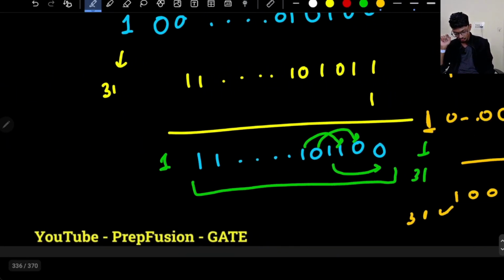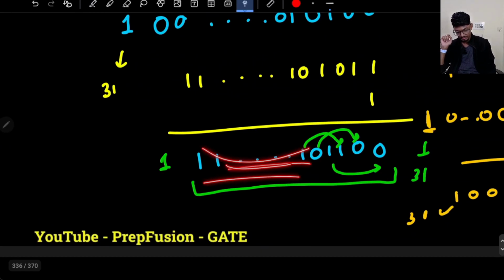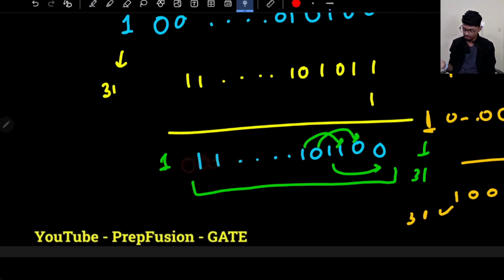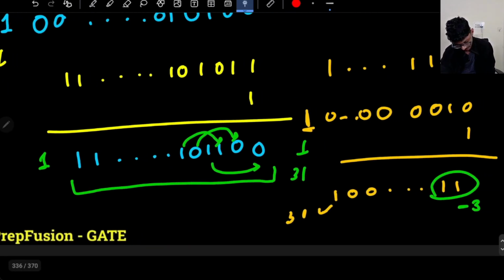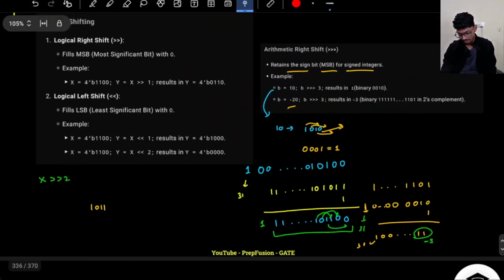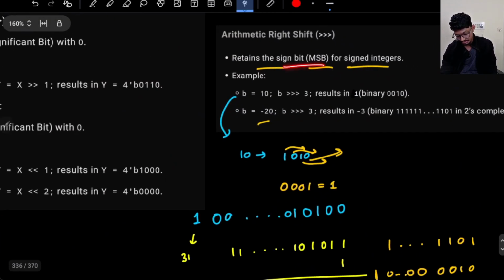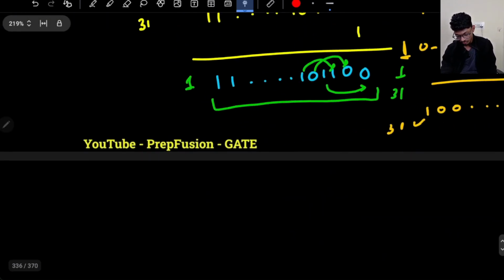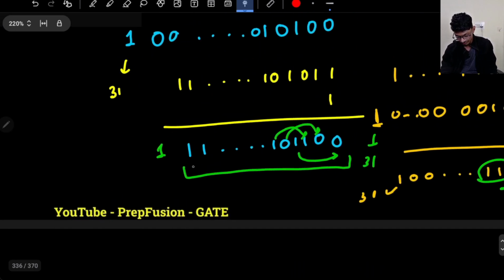and the rest all will be ones, because all these will be right shifted by ones, but I will have a few zeros here, right? Okay, don't forget these zeros. Now remember, it retains the sign bit for the signed integer. So whatever was the sign bit,